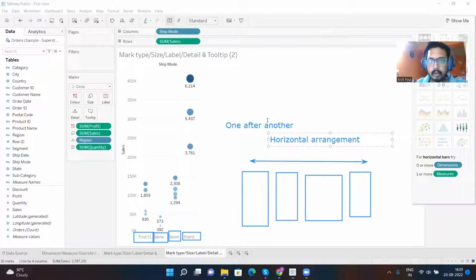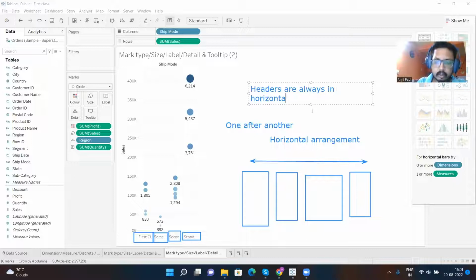So by that, we can also say headers are always in horizontal arrangement. Okay, so if you want to display any data in horizontal fashion, you need to add those fields in this section. Okay,